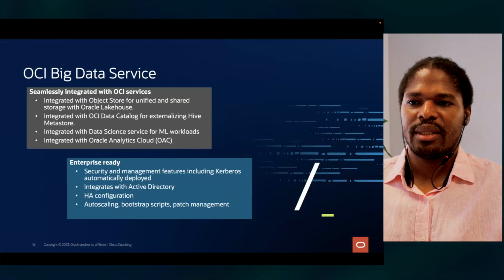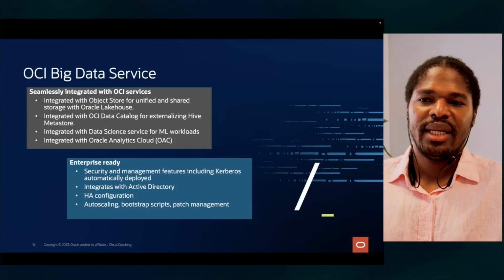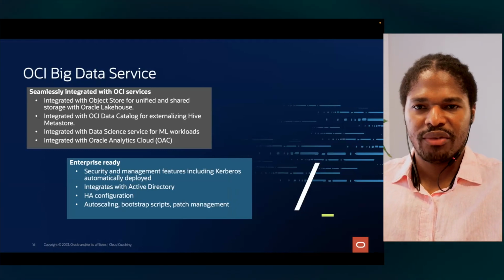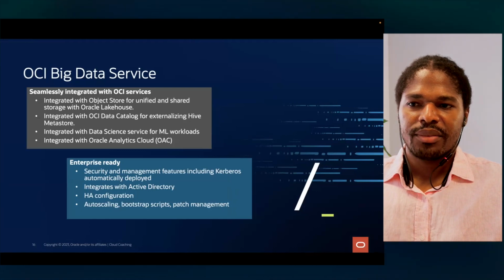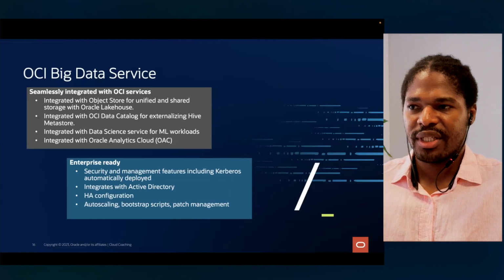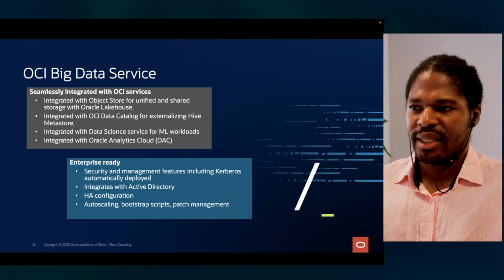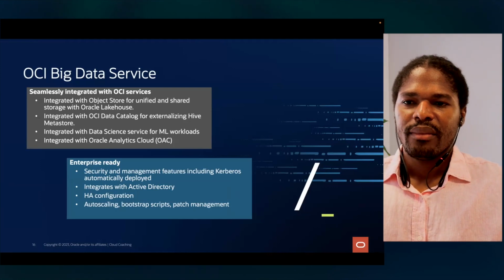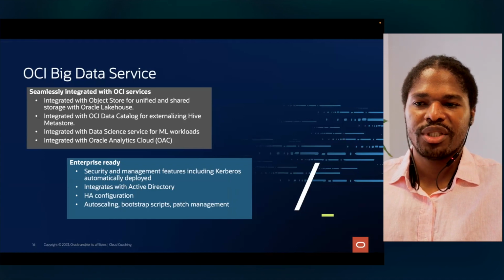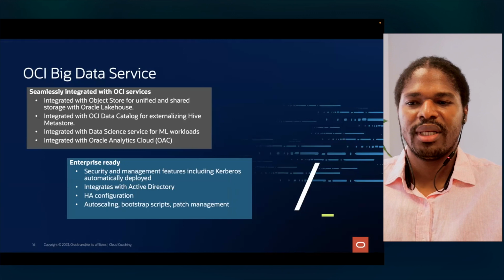So moving forward, in terms of the big data service, as we can see, it can natively integrate with other tools of the Oracle data platform. Namely, we can cite the object storage, for example, with the HDFS connector. You can also consider integrating it with the OCI data catalog by the externalization of Hive meta stores. You could also position OCI data science for your machine learning workload. This one is very robust in terms of